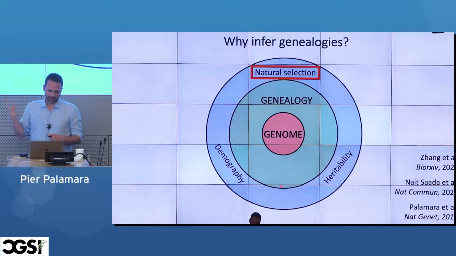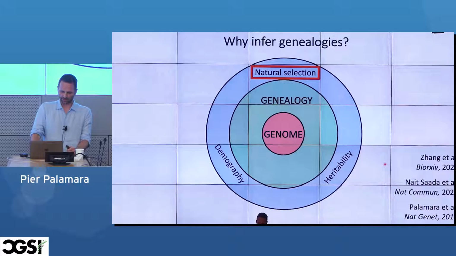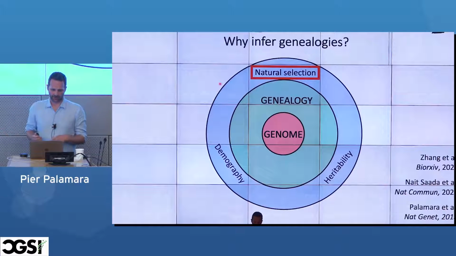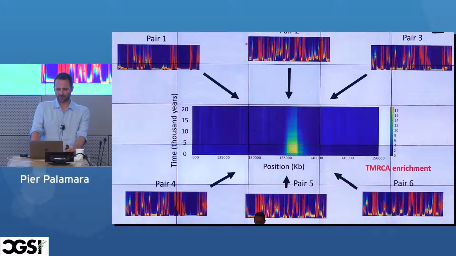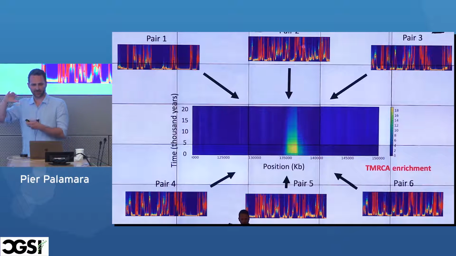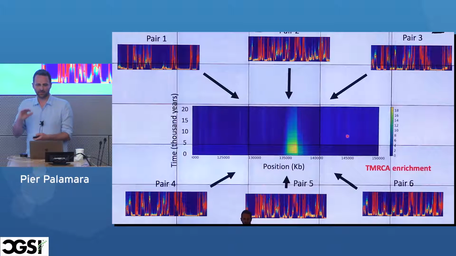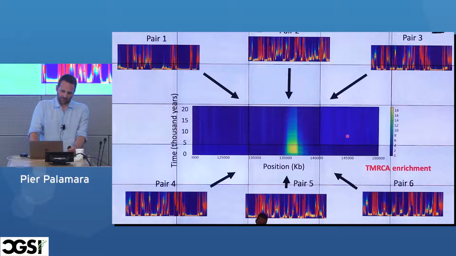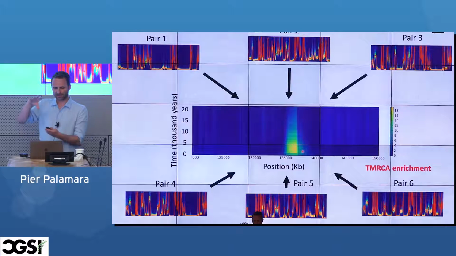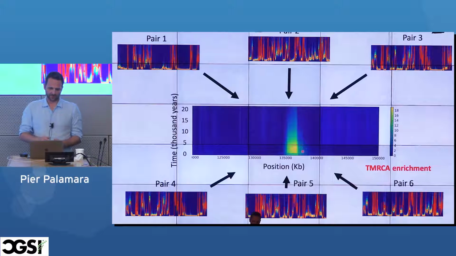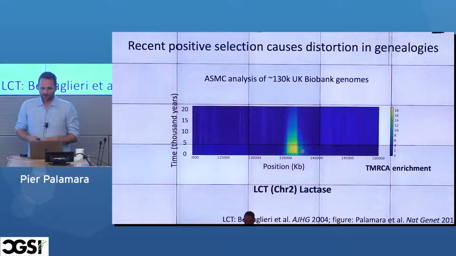Okay, natural selection, another example. We'll eventually get into heritability-related things, but natural selection is another application you might want to do with genealogies. Very briefly, a sketch of the method: you take all these pairwise posterior decodings of where the ancestors live as a function of genomic position, for a bunch of pairs, and then you average these posterior matrices, and you get this thing in the middle. X is genome, Y is time, and the heat map is how many ancestors they share. You have this burst of sharing of ancestry in the middle, and that's because of selection.